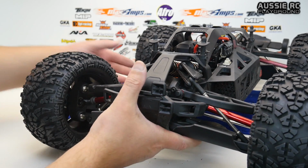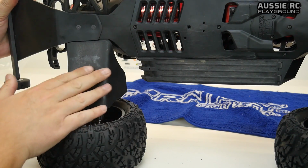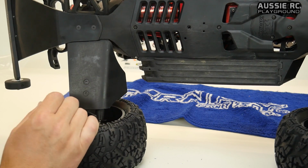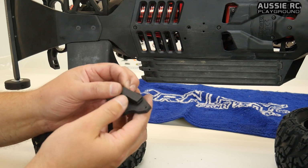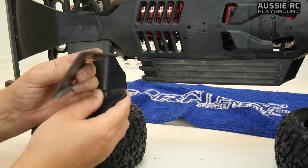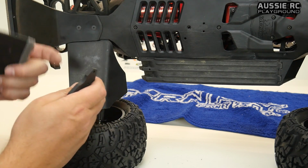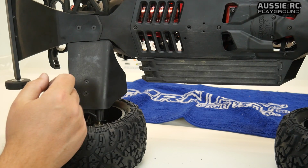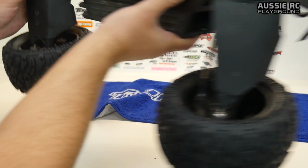What I mean by that is, I'm going to try and demonstrate to you here how you actually put on this skid plate. The way that this works is you have to have this piece positioned on this plate, and then when you feed this through the A-arm, you then have to screw this whole thing together, and there's no way that you can actually see if you're lining up the screws correctly. It's very, very difficult. So you need a little bit of patience, you need some persistence to get the holes to line up and make everything fit. The front one was a little bit easier because